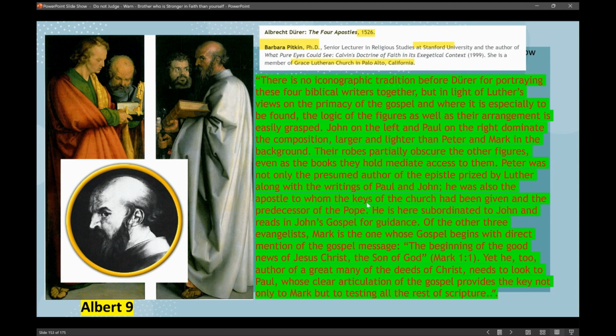John on the left and Paul on the right dominate the composition, larger and lighter than Peter and Mark in the background. So there's more light on Paul and John. She senses this in the composition, meaning that makes them more important, having more light maybe for us. The robes partially obscure the other figures, even as the books they hold mediate access to them. So Paul apparently is holding the law, the entire Bible, what they call the Old Testament and the New Testament, and John only has open his